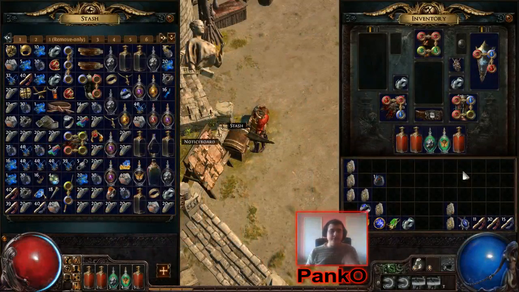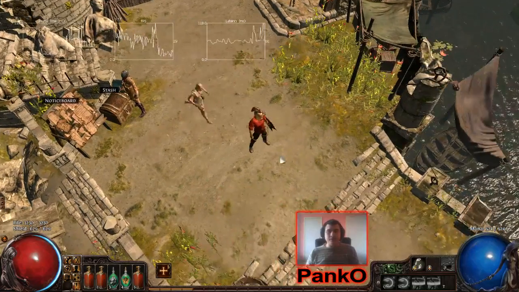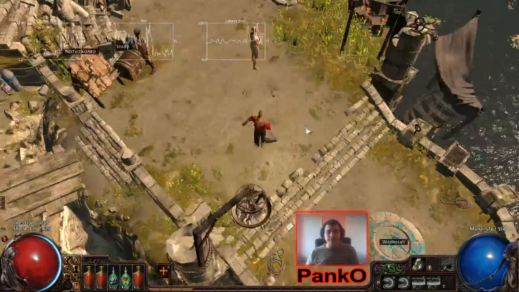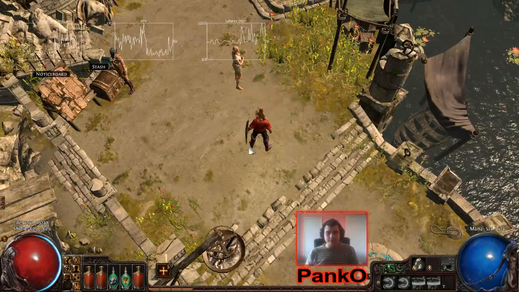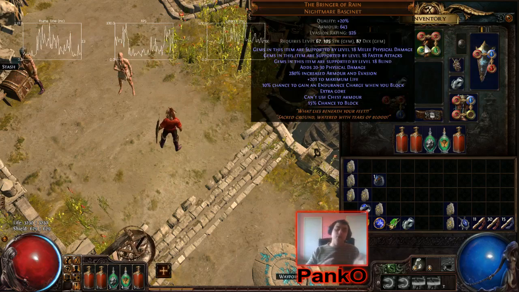Okay, so in this video I just want to explain to you the character that I'm running, what's his idea, and how exactly does he work. So what we have here is Bringer of Rain, which item gives you the important one among the others,